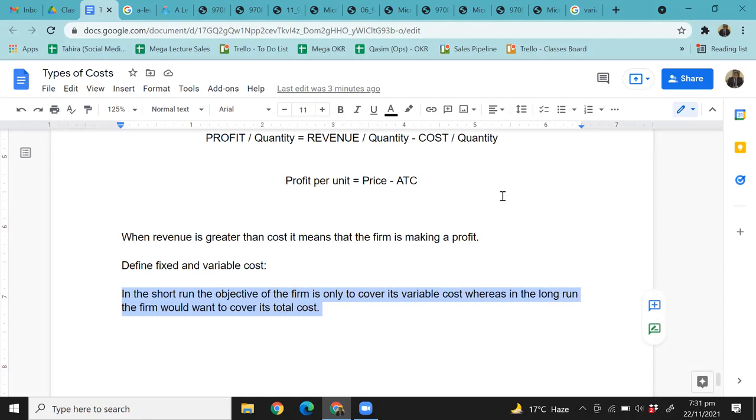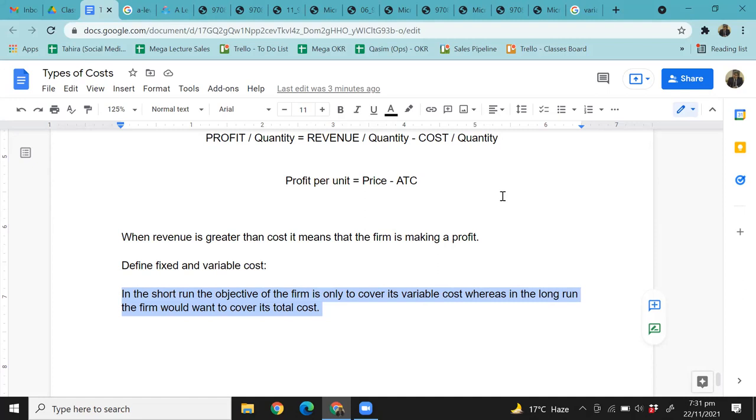The variable cost would be the cost, let's say, of the seeds. The more the crop that you grow, the more the seeds you will need. Similarly, the more the crop that you grow, the more the insecticides and the pesticides that you need. Yes or no? These are the additional chemicals that you need to add to protect your crop from insects, right? So coming back to the point,